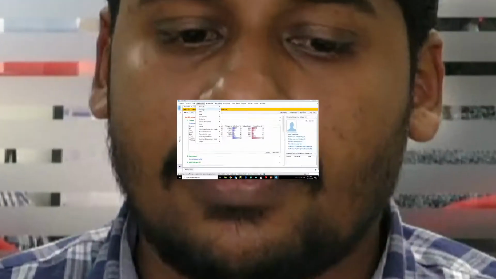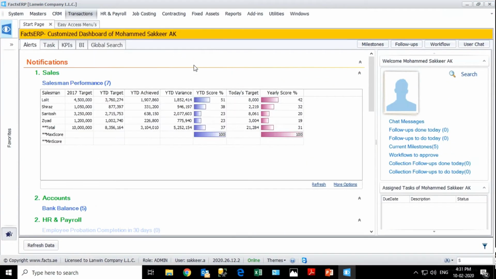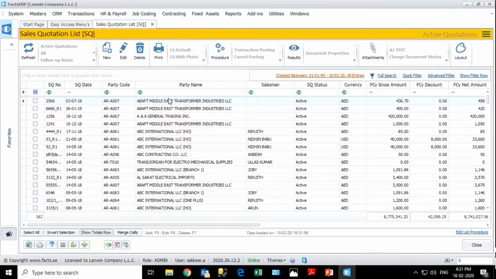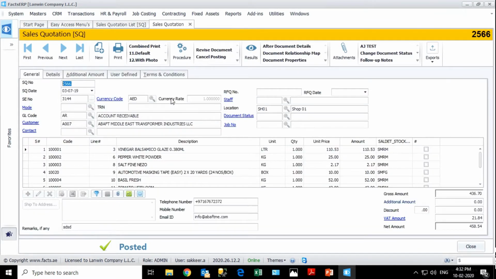So in sales quotation and all, we are giving the revision option. So he can simply revise the document and make a new document with the same name, or the same document number, or another document number. He will change something there and he will send that quotation. I will explain how to enable this, where it will be enabled, and the procedure section also.